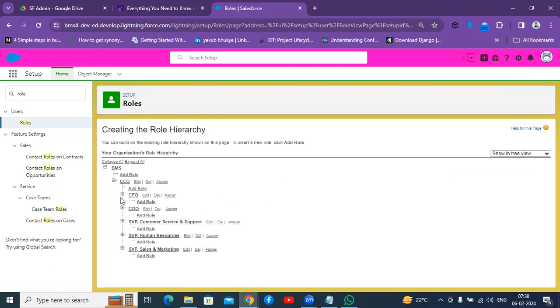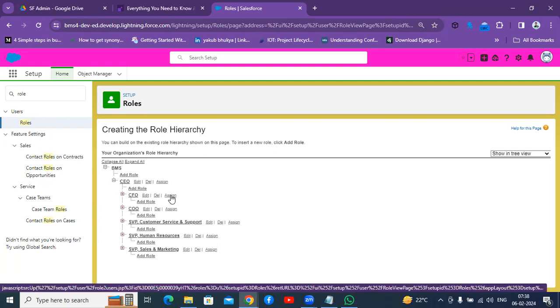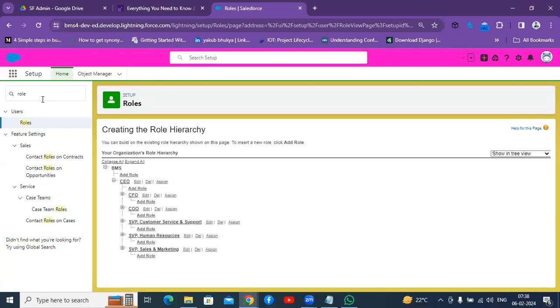Now if you go to role hierarchy, you'll see my user is there as CEO. Similarly, for whatever roles and whichever users you want to add, you can click on the assign symbol. Clear?